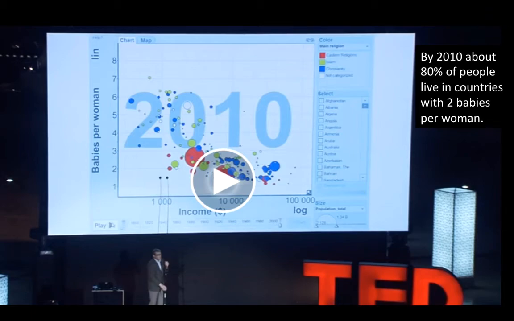But we can also see that the countries with 2 babies per woman are all the religions. We see lots of Christian countries, we see lots of Muslim countries, we see lots of Eastern religion countries. The countries that haven't made it yet are a mixture of countries. There are problems. He identifies the problems relating to education, the role of women in society, but none of them relate to religion. We can just look at the data and take religion out of that equation.